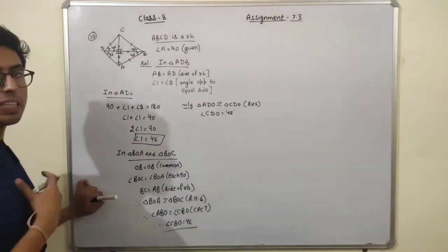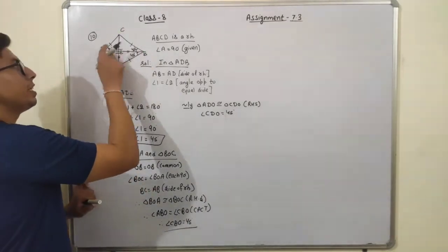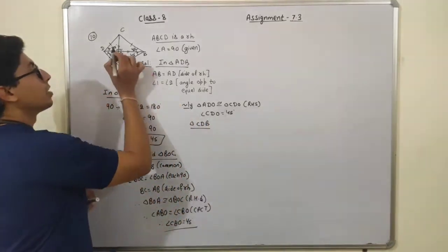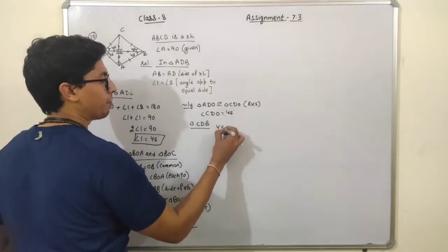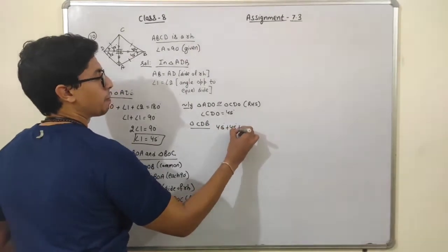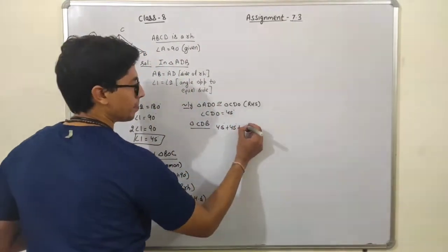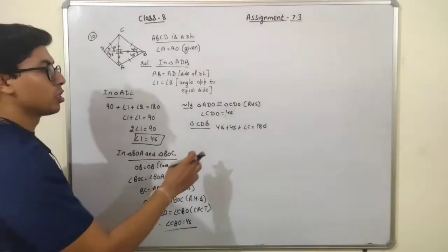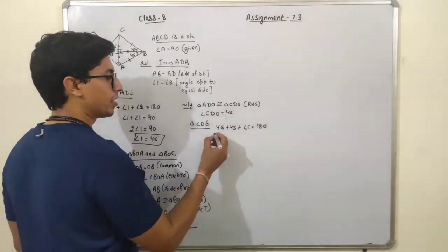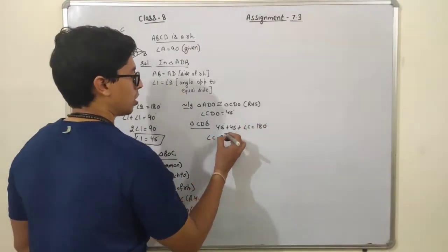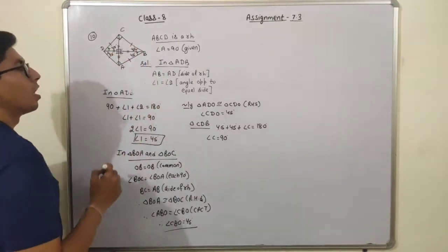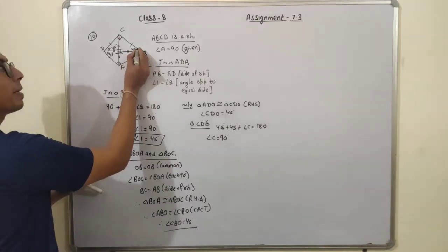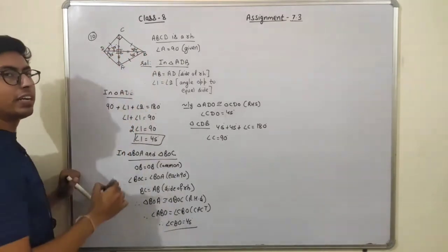Now students, I can apply the angle sum property in triangle CDB. See, this is 45, so this is 45. So 45 plus 45 degrees plus angle C is equal to 180. The reason is the angle sum property. This will be 90 when subtracted, so angle C is 90 degrees. Now students, see, this angle is 90. The complete angle B is 90 now, and the complete angle D is 90.